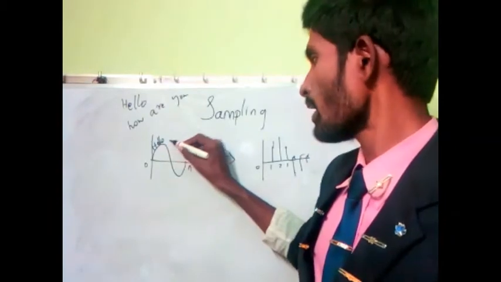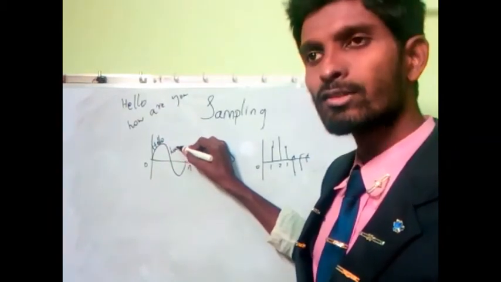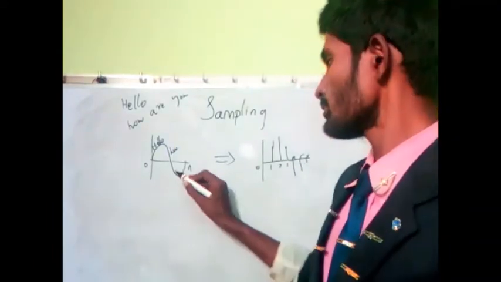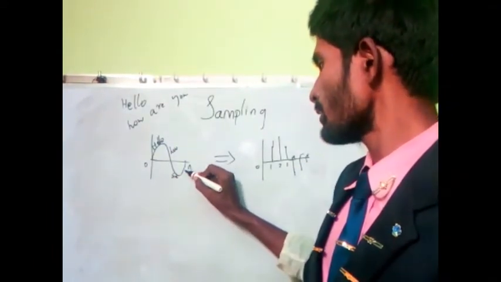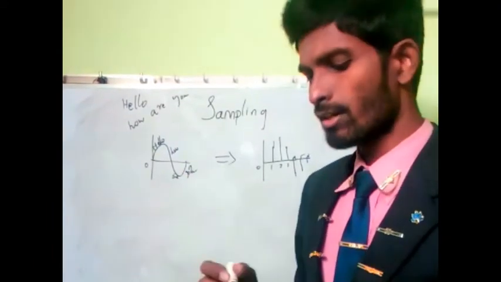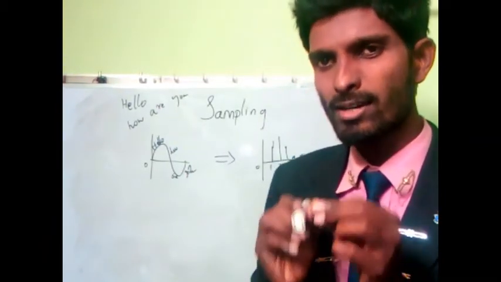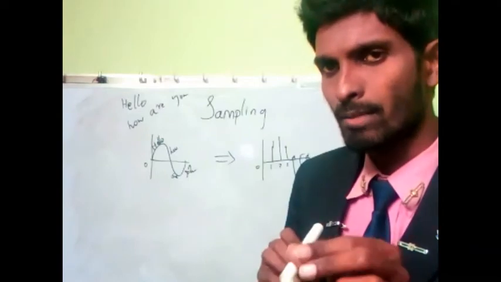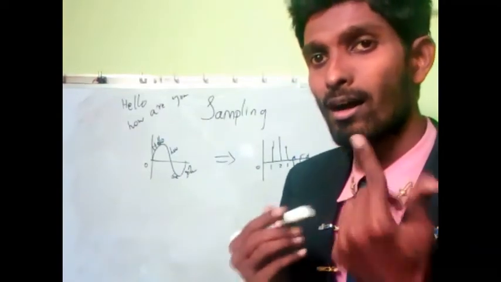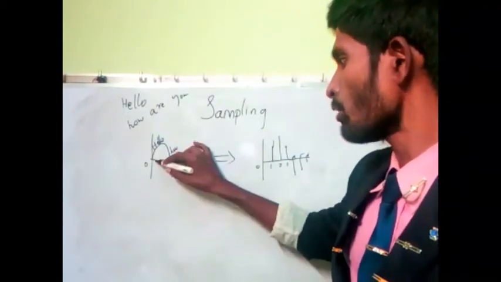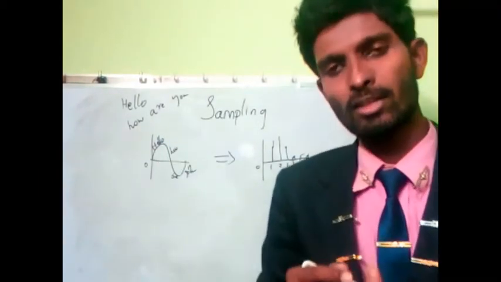Then I say in a slow voice, hello, how are you? Then R comes here, then U comes here. So for this hello, how are you, at a particular time instant the hello will have the highest point, that means the highest peak frequency. Listen here, I'll tell you some more examples.